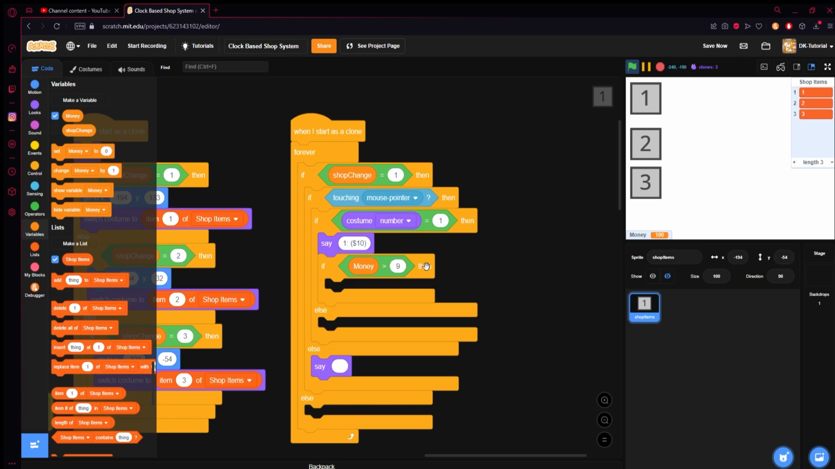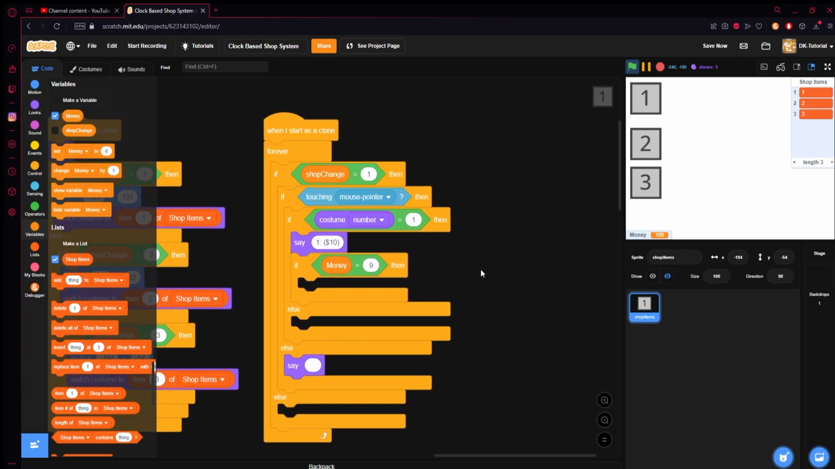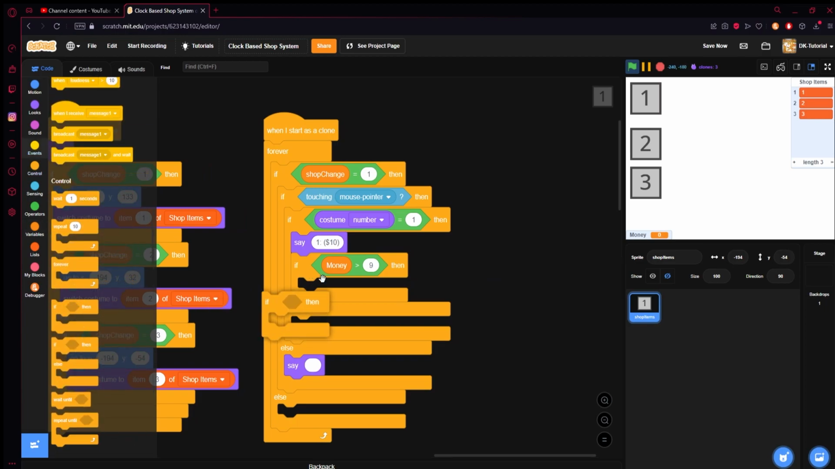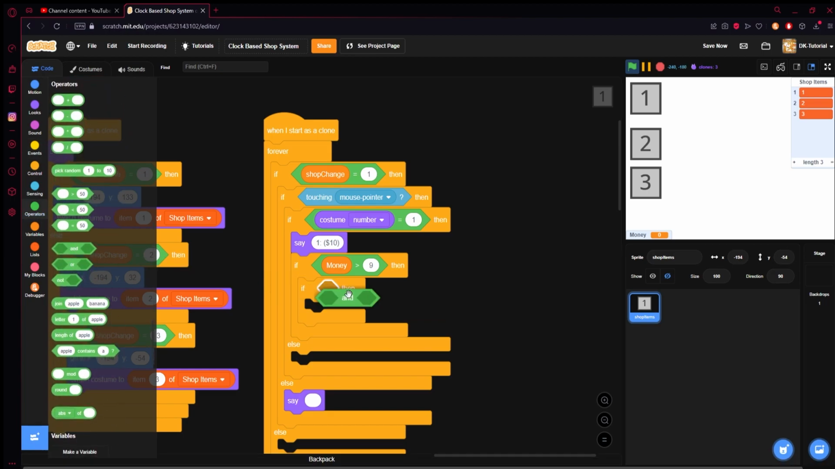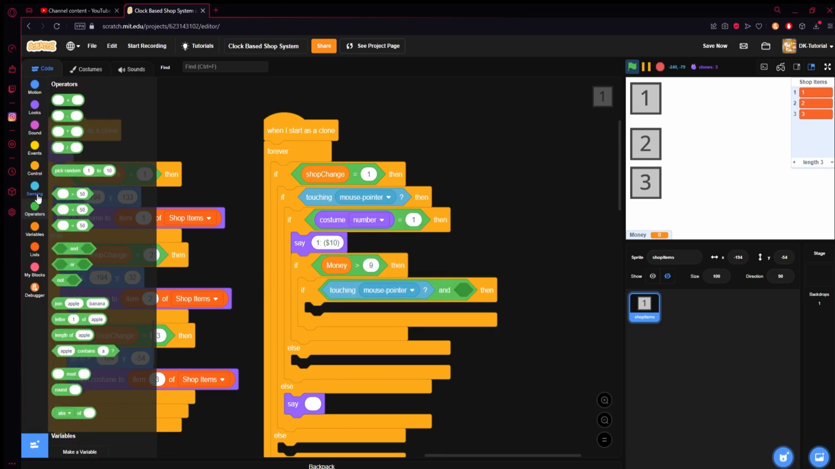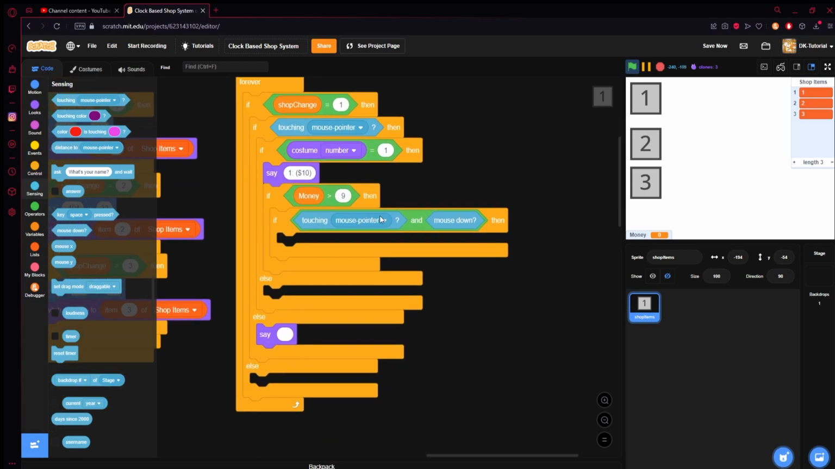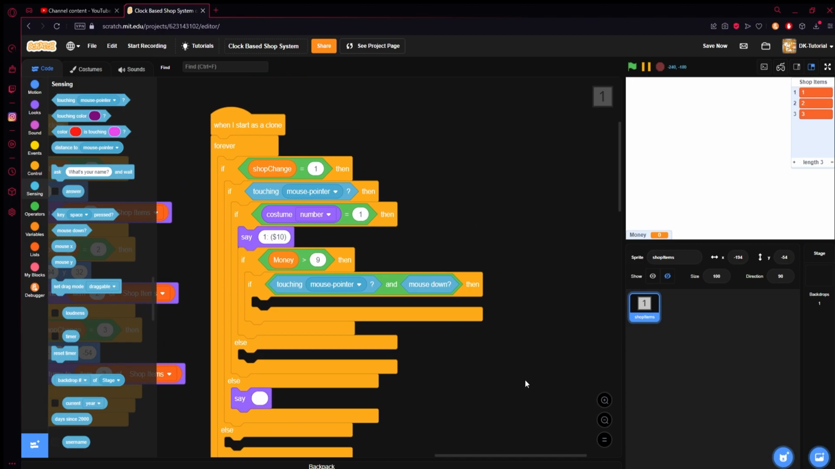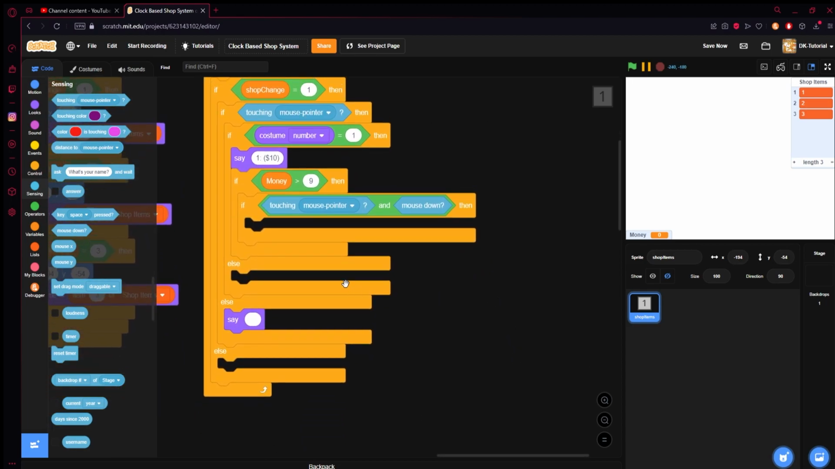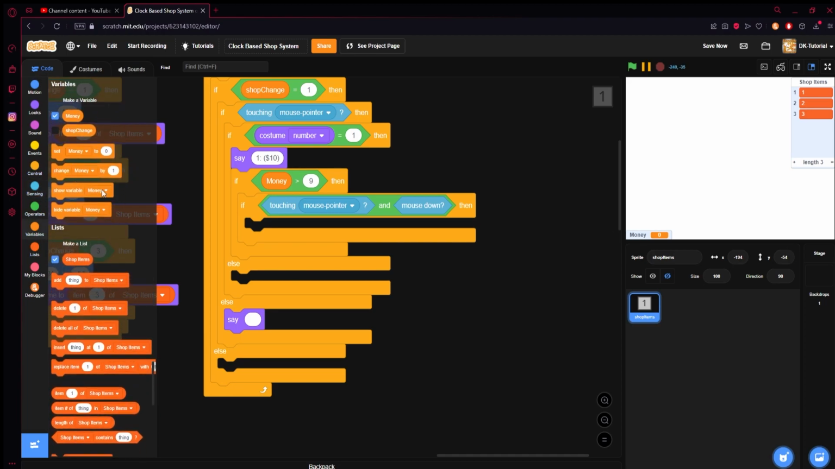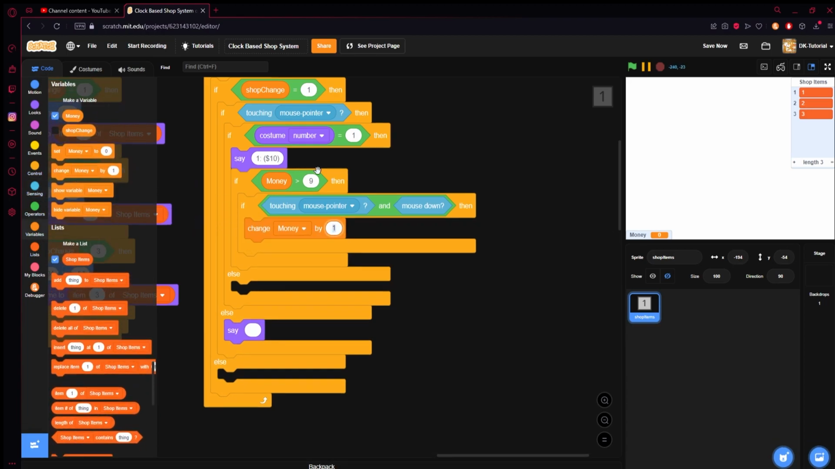And then again, if you had your money as 9, it would not work. So if your money is 9, what we will then do is we will come and grab an if, okay? And we will grab an and here, put a mouse pointer, sensing, mouse down, which is the same as touching it and clicking, right? Because you can't necessarily put another click because it's clone stuff. Clones be crazy, you know what I mean? What we will do is we will need to change our money by, since it costs 10, -10, and then